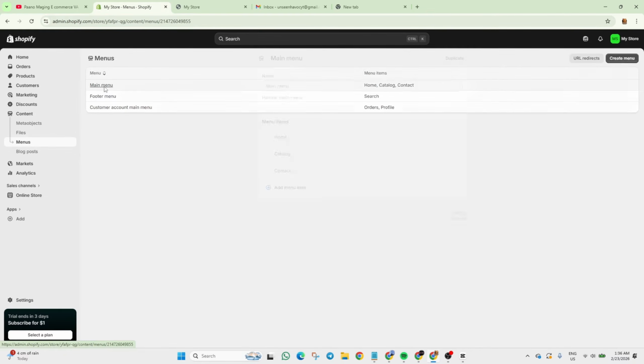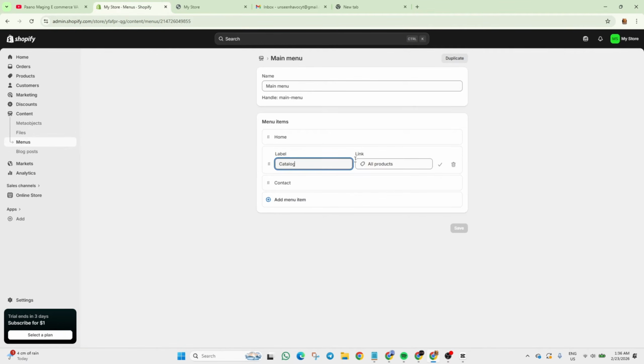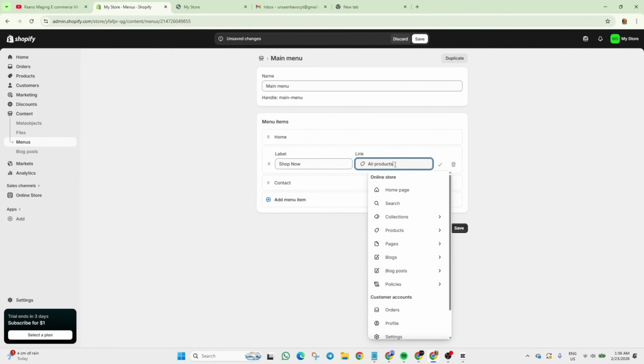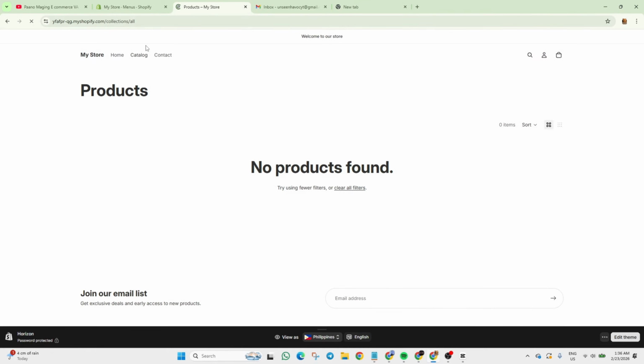In order to change that, for example, you will do shop now, and you can change, for example, ano yung link or destination if the customer clicks this catalog.